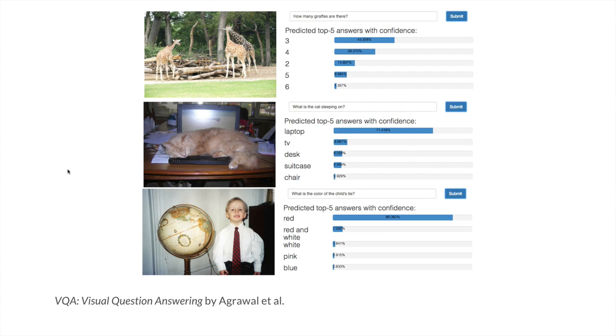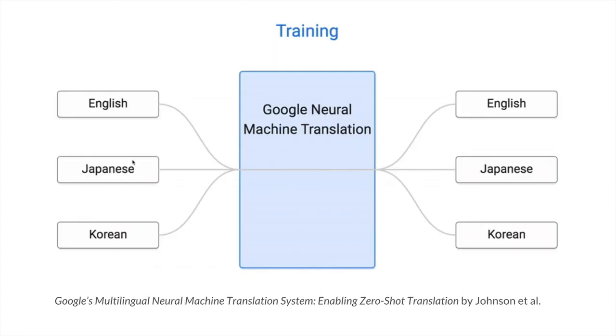Another thing is called visual question answering, where you have an image and you can ask a question about it, and it'll produce some text result. Here they have a web demo where you can upload your own images. For example, I asked, how many giraffes are in this image? And it produced 3. Another thing I can ask is, what is the cat sleeping on? And it produces the right text, and so on.